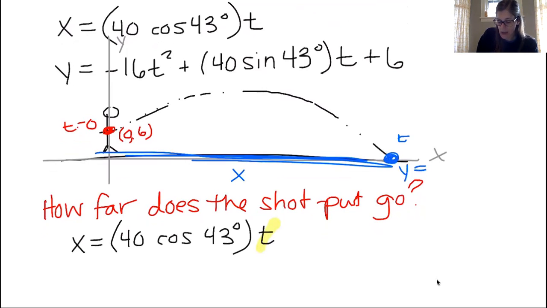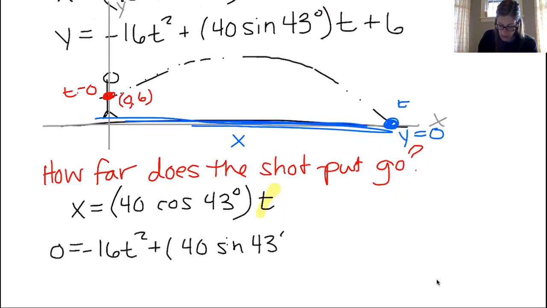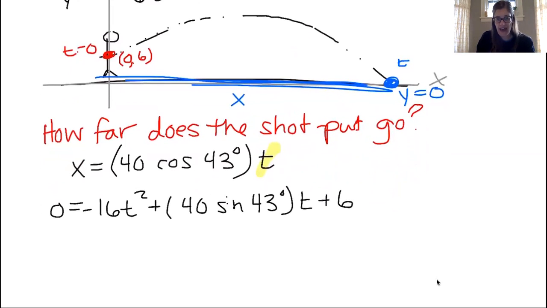We'd like to know what time it is when the shot put is there at its furthest distance. Well, that's when y is equal to 0. So we're going to go through the y equation first, setting y equal to 0. 0 equals negative 16 t squared plus 40 sine 43 times t plus 6. And then we're going to solve that. And the big difference here too is we can't just factor out a t like we did in the last example, because we have